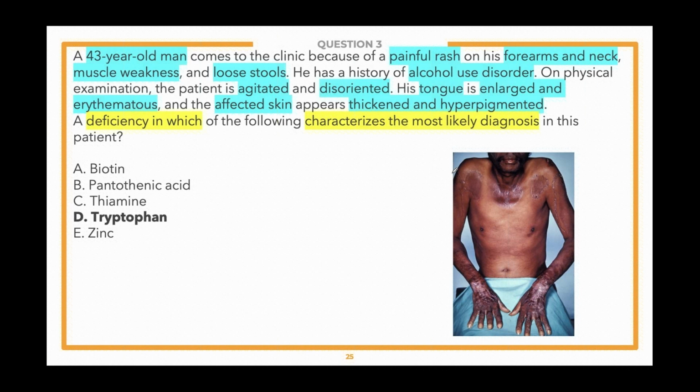Now, this patient has dermatitis. This patient also has diarrhea with loose stools, and also has dementia-type issues with agitation and disorientation. So they're getting at the 3 Ds of pellagra, which is due to niacin deficiency. So if we take a look at the next slide,